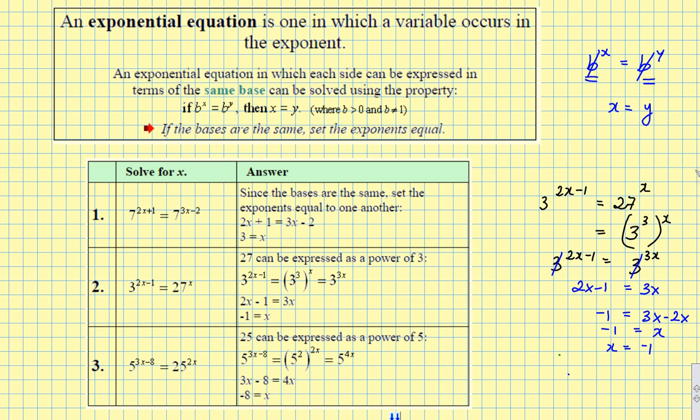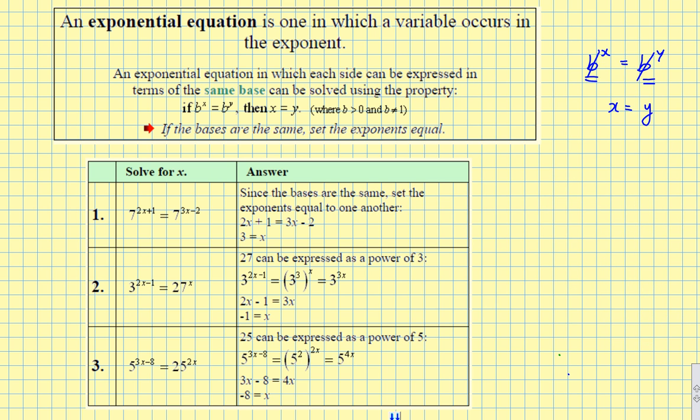Now, if I want to take a third example, the third example that they give us here in the chart shows us that we have 5 raised to the power of 3x minus 8 is equal to 25 raised to the power of 2x. Again, I don't have identical bases, but I can bring them down to the same base, so that I can say 5 raised to the power of 3x minus 8 is equal to 5 squared to the power of 2x,